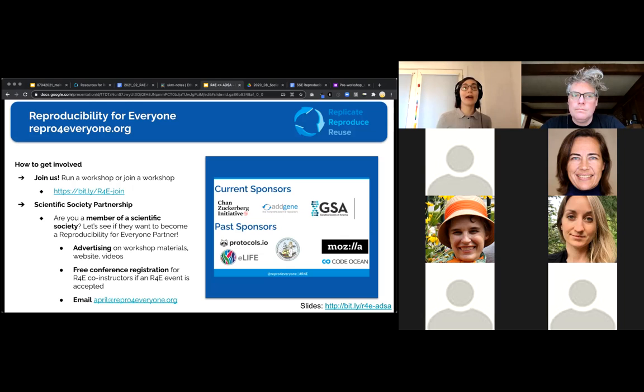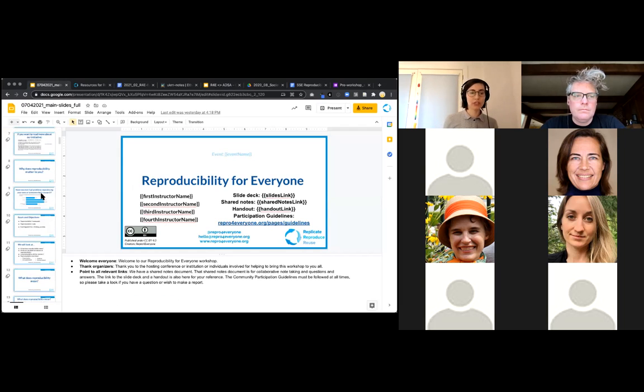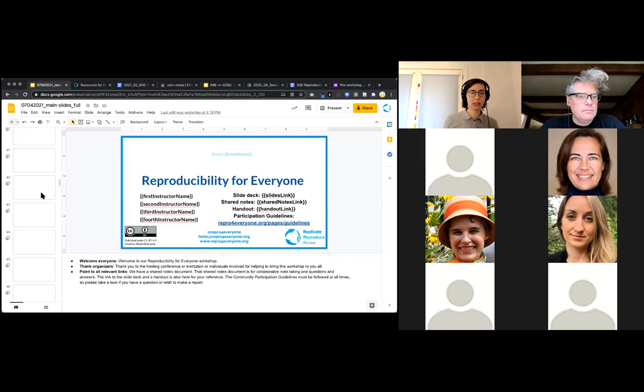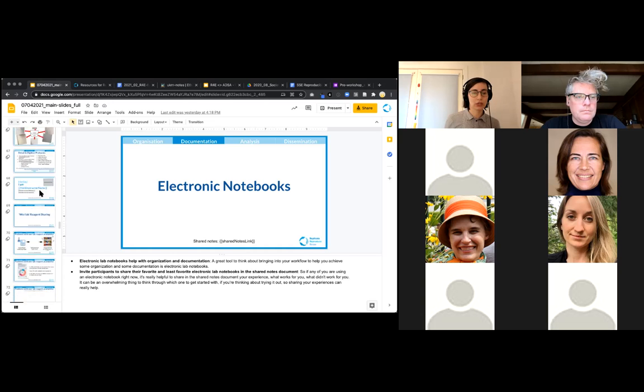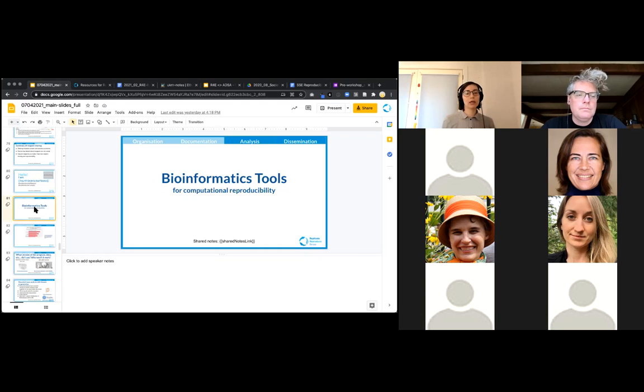Right now, of the sections relating to computational reproducibility, electronic lab notebooks, not really, because it applies to everybody. But we have a bioinformatics section. But because it's for a very general audience, it doesn't dive into anything too complicated.